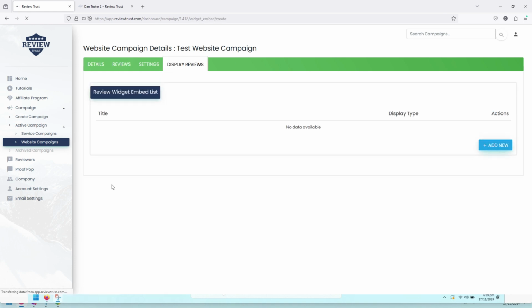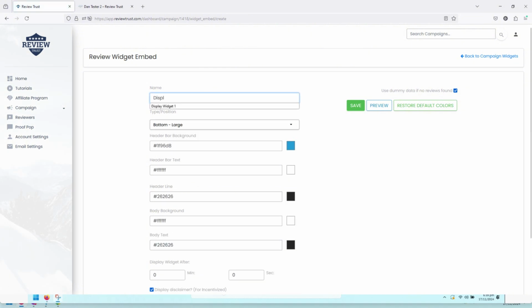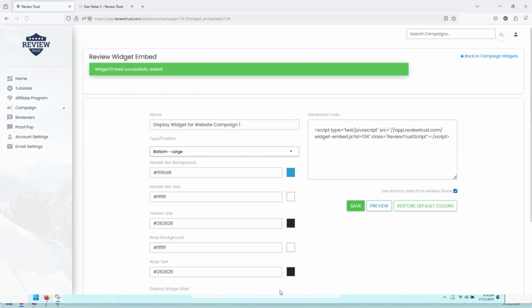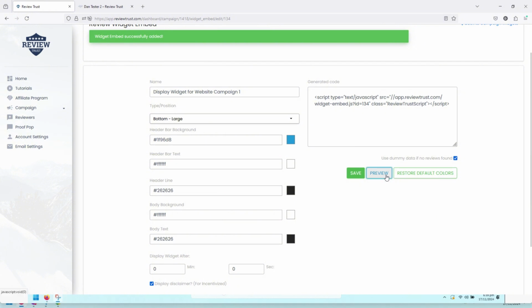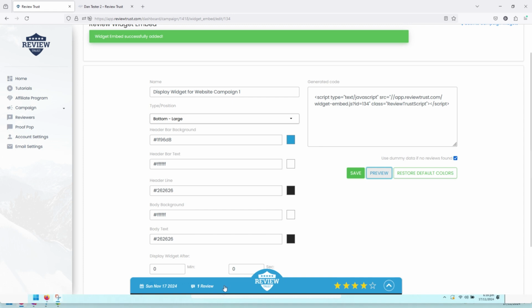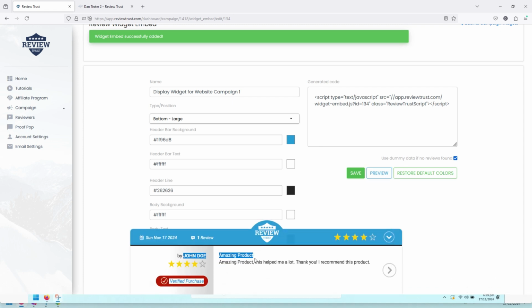In the previous video, I showed you how to create display reviews widgets. Let's add it again for this campaign. Okay, widget is added, and let's preview it. You can see that there is a review, but not the one we just submitted. This is because the review we submitted is unapproved, and this checkbox will show the widget with dummy data